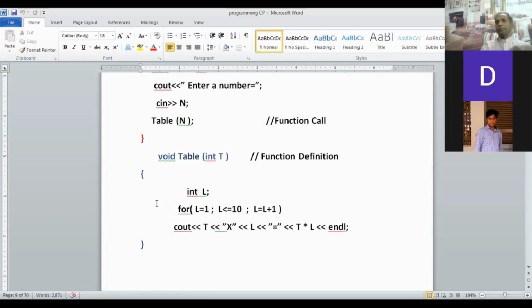Okay, 7 will be mapped with the argument in the function definition header. 7 will be stored in which variable?